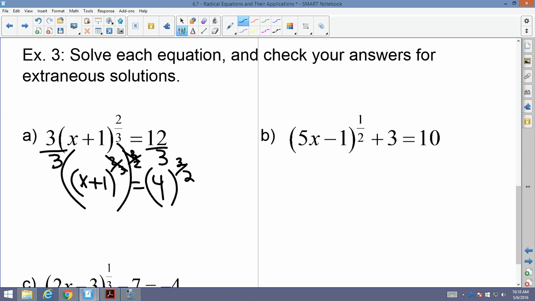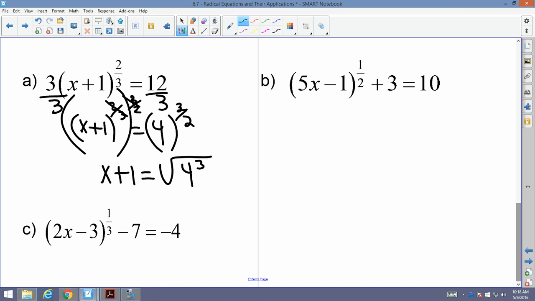And again, why are you multiplying them? Because when you raise a power to a power, you multiply the exponents. So now I have x plus 1 equals. Now here you can actually go ahead and convert it into a radical. This is the square root of 4 cubed. Does that make sense so far? Okay, so then I have x plus 1